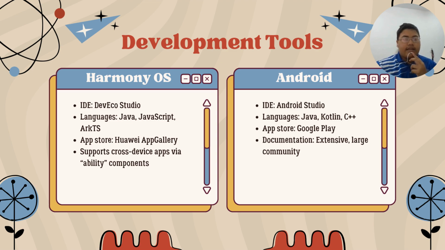Now let's look at development tools. So as you can see, for HarmonyOS, developers use DevEco Studio as the IDE. Supported languages include Java, JavaScript, and ArkTS. Applications are distributed through Huawei AppGallery, and the platform supports cross-device apps using Ability components. For Android, developers use Android Studio and can code using Java, Kotlin, or C++. Apps are published through the Google Play Store, and Android offers